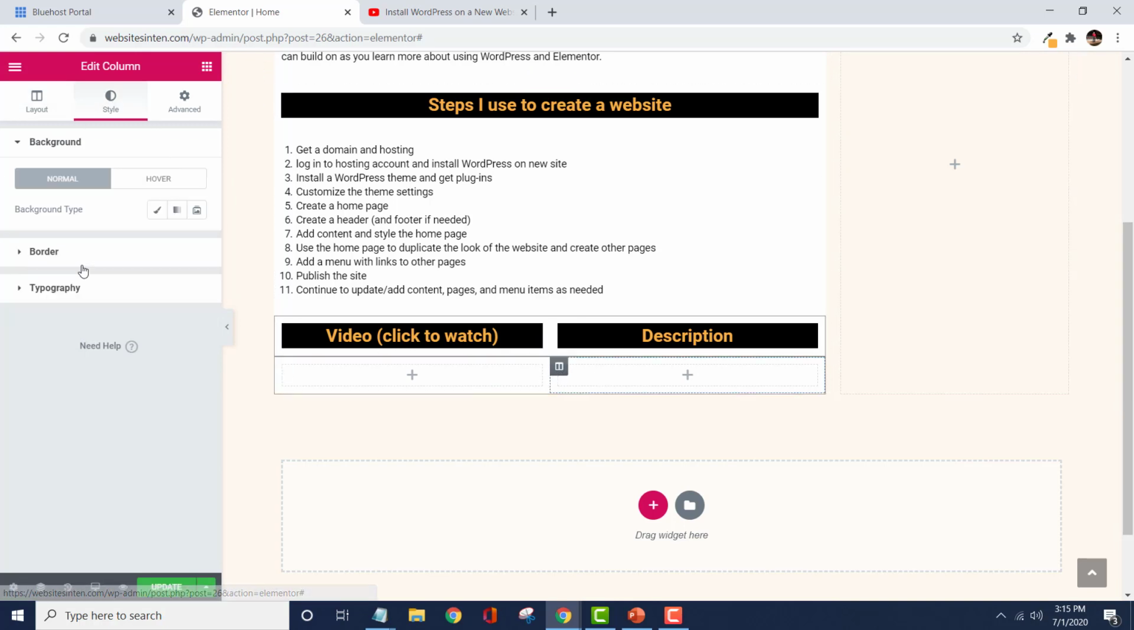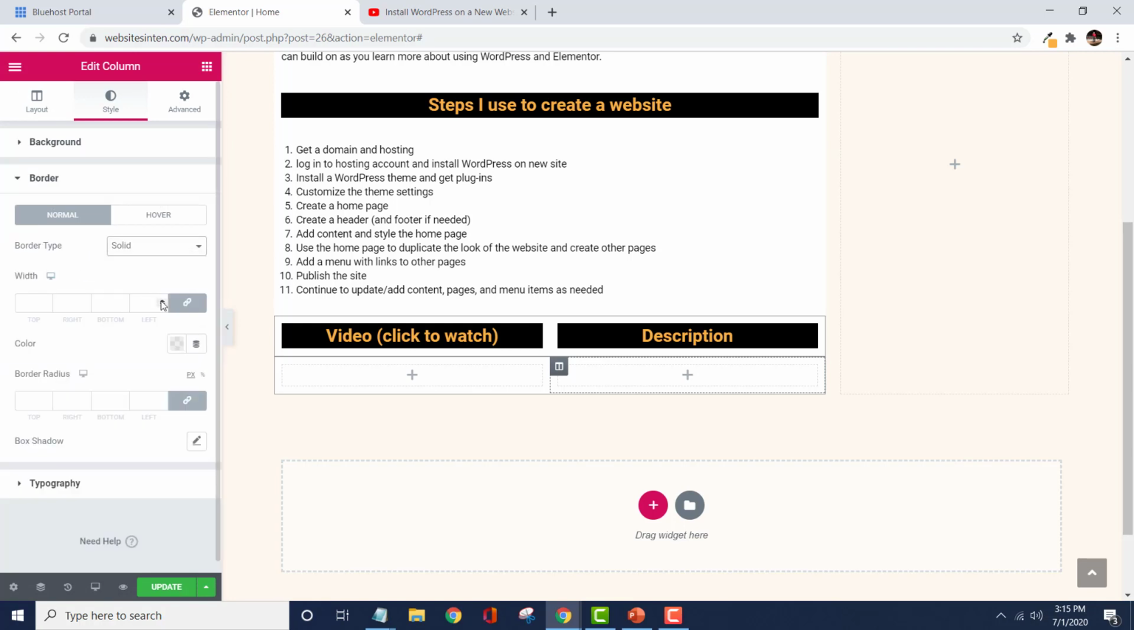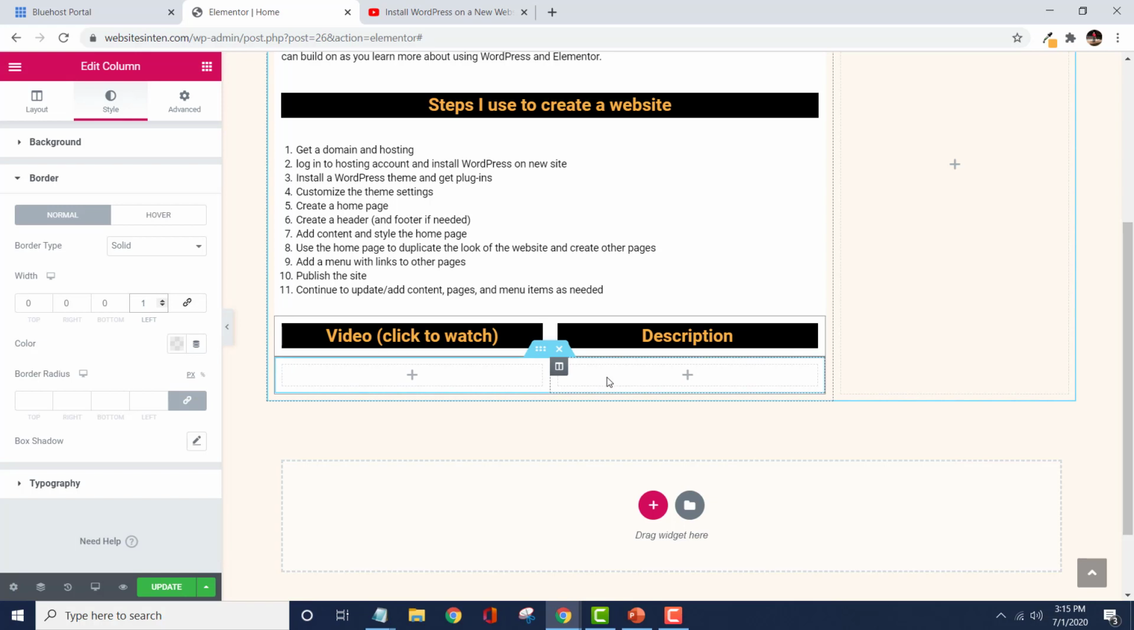I'm going to go to Style this. I'm going to border here. Again, solid. This time I'm going to unlink them because I only want to put that border on the left side of the right column. Okay, so now I'm actually ready to put some content here,